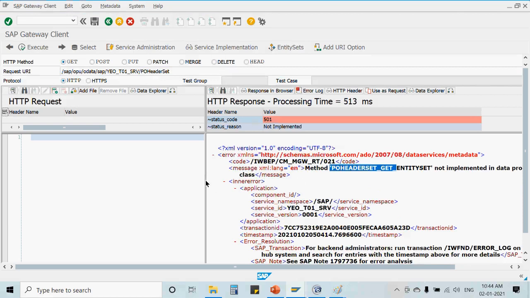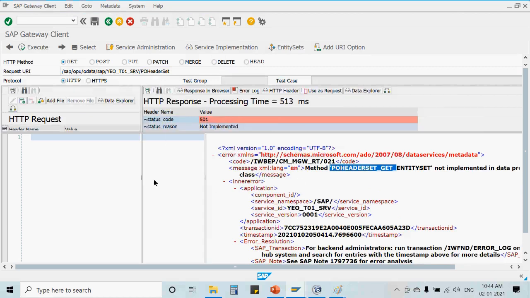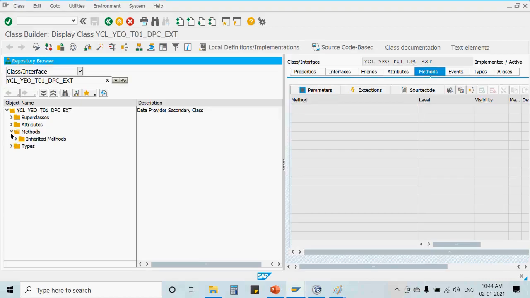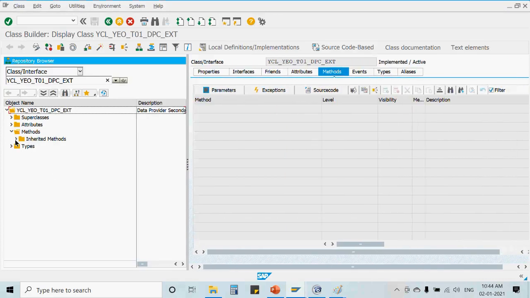But what it says is this method is not implemented in the data provider class. DPC class is something called the data provider class, and this method is not implemented, so we are not getting any sort of data. So what we can do is go into DPCEXT. In the methods you will find